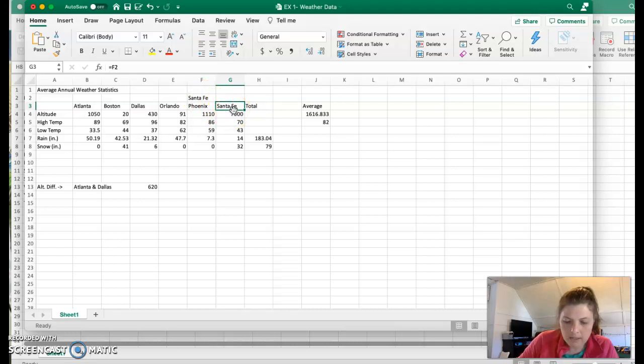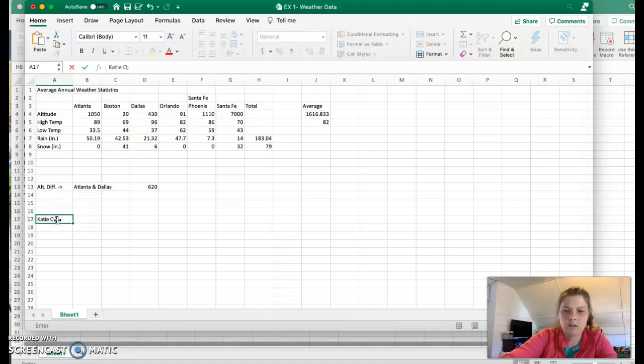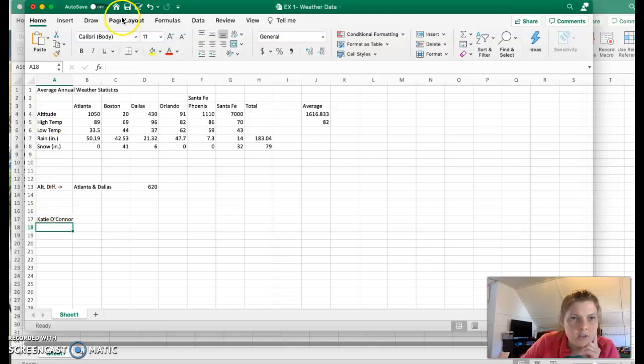Click cell A17, type your name, Katie O'Connor, save your changes. Okay, enter and edit a sample formula. Change the value 41 in cell C8. And guys, I might run out of time. It might cut me off in 2 minutes, but the rest of this is just editing data, and you don't need to